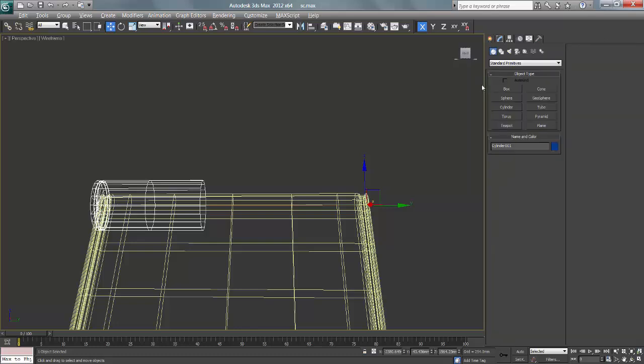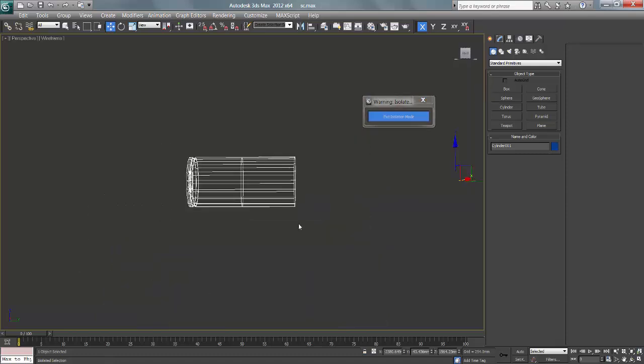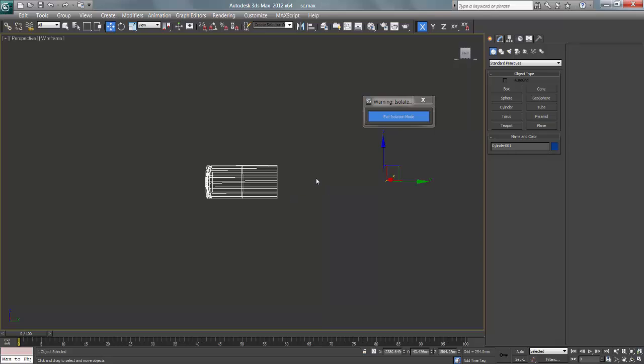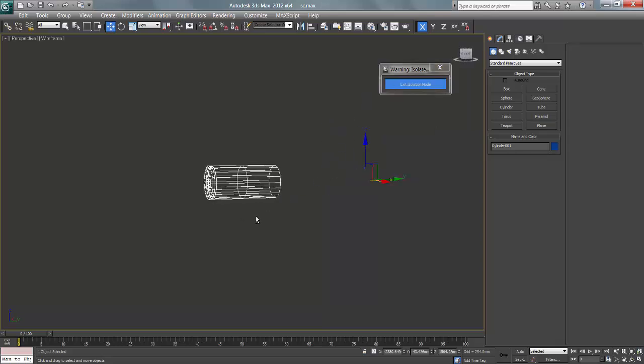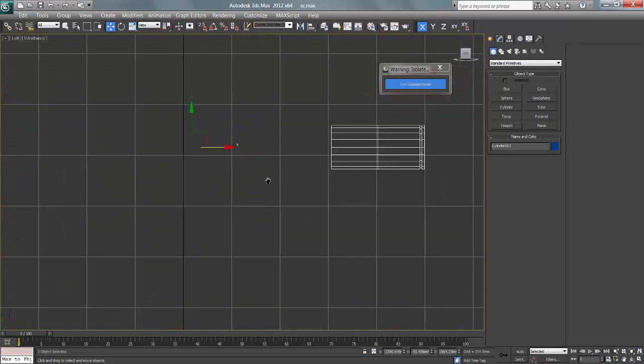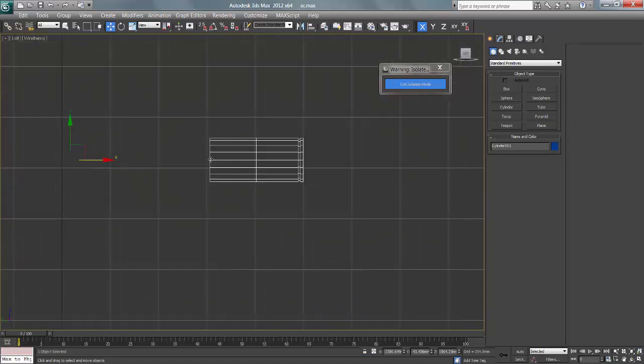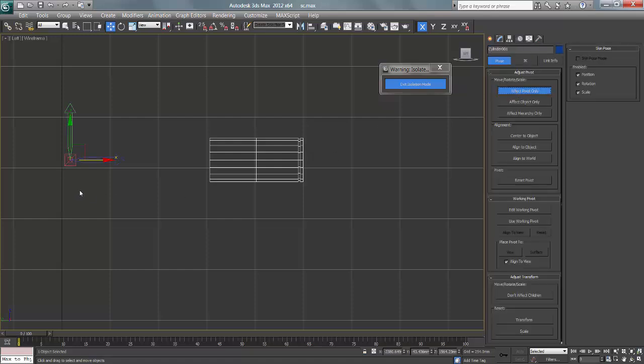I'll press Alt Q. It makes isolation. Generally I work like this when I want to work on a single object. It makes it a lot easier to see and concentrate as well. Alt Q, the shortcut is Alt Q, isolation mode. Now go to left, I'll just see. So we want to move this pivot here. I'll go to affect pivot point, say on,